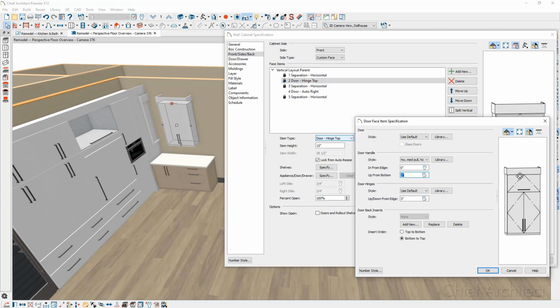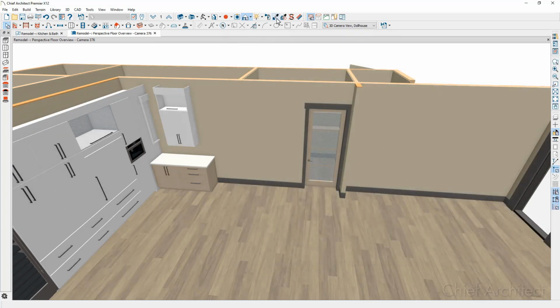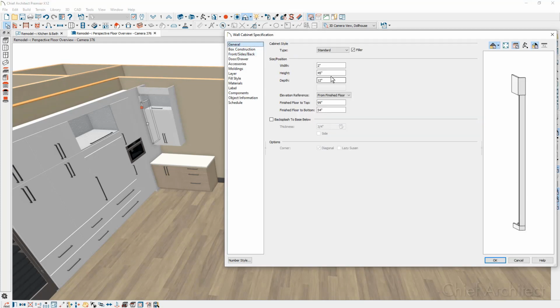And to differentiate, I am going to want to have this upper door to be glass. I'm going to make a change in here just so that it is different, and then I can mark that it is glass. We'll go ahead and close the dialog. With that change in place, let's go ahead and use our material eyedropper. We'll pick up the rainwater glass on the cabinet, go ahead and spray it onto this cabinet, and I think I have most of the changes in place. Let's go ahead and bump that over. I notice that my filler in here, I do need to adjust that to also be 54 inches. Let's go ahead and open that up and make that same height to be 54 inches.